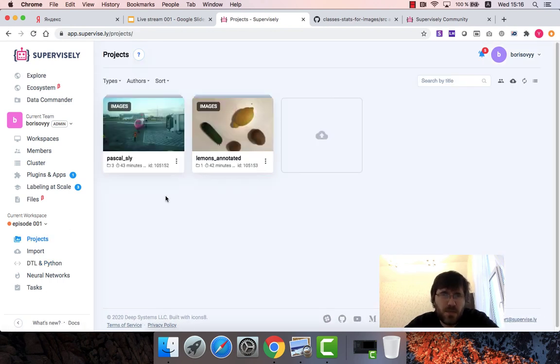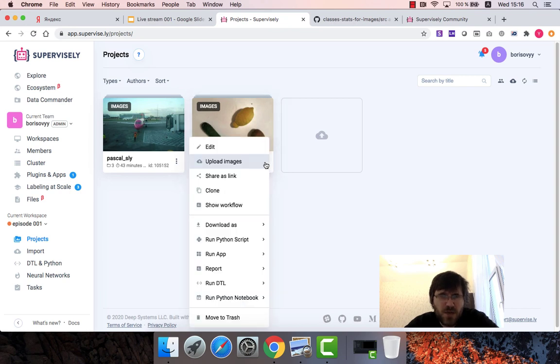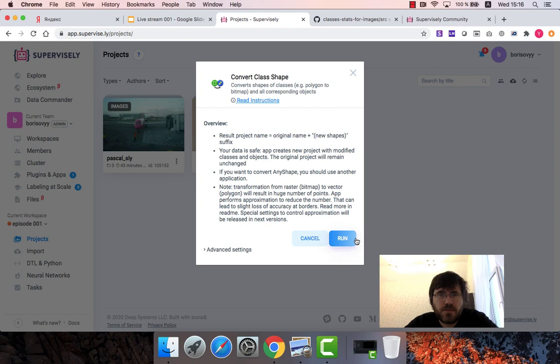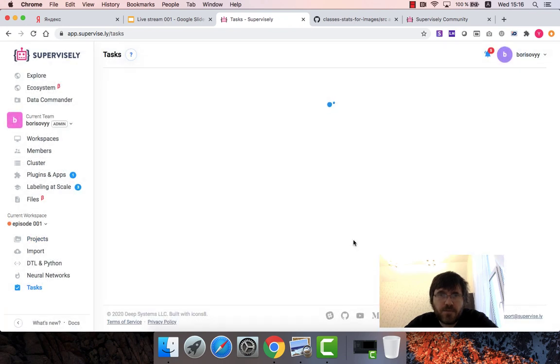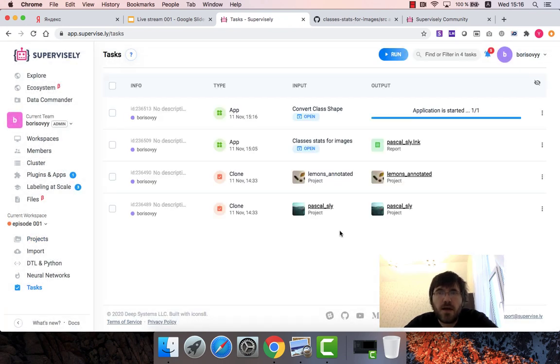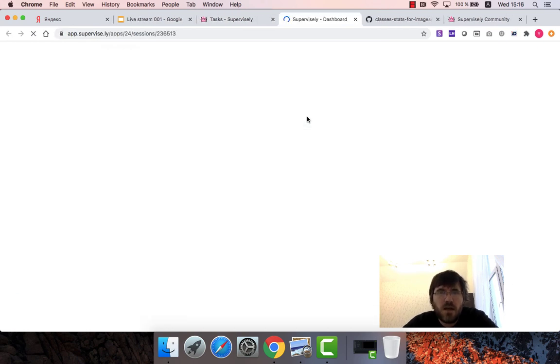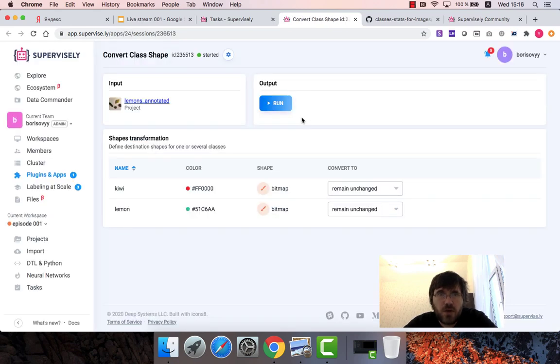And maybe we need something, maybe we need a better approach, just a graphic user interface. And again, if I go to the run app section and Transform and say Convert Class Shapes, it will give me a brief overview, and then I run, and after several seconds the app is started. And again, if I open that, I will see the following. I will see that this Lemons annotated project has 2 classes, Kiwi and Lemon,